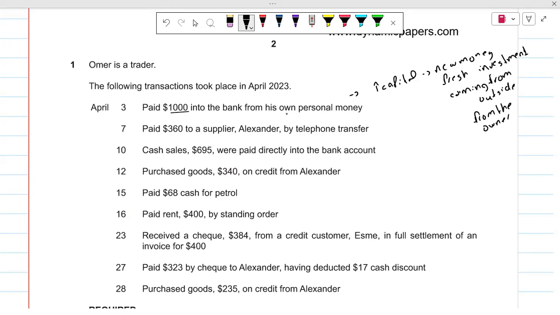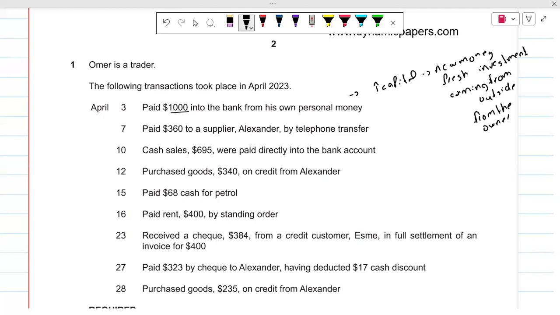Whenever he takes out some money or a vehicle or any other personal possession and uses it in the business as an investment,